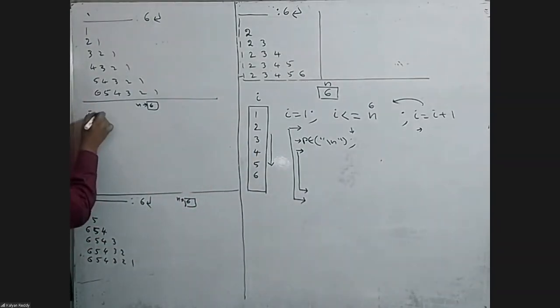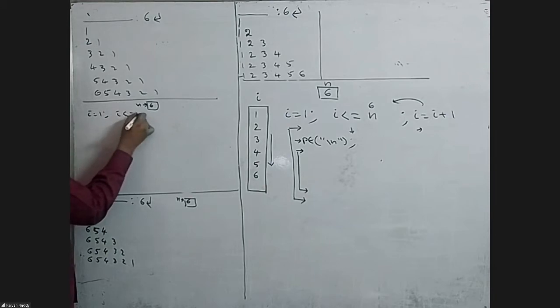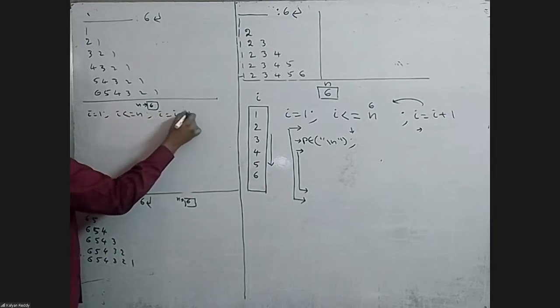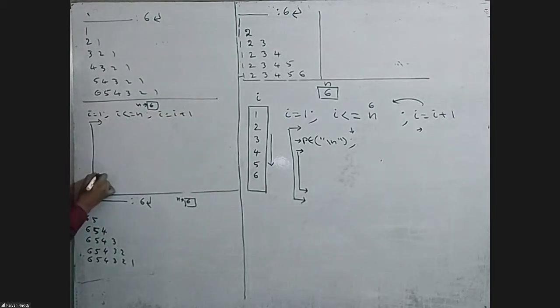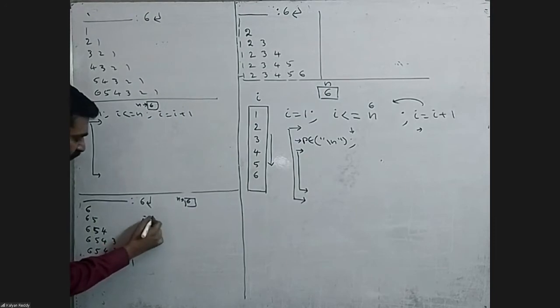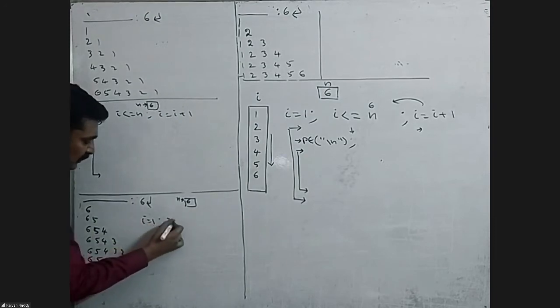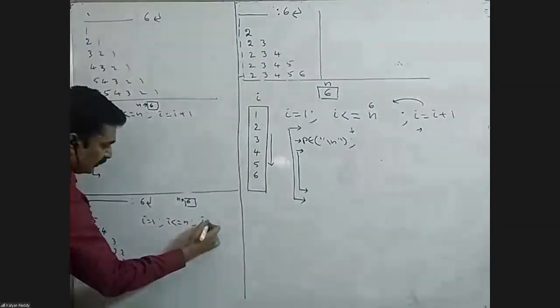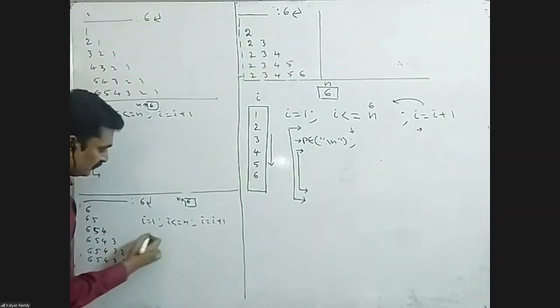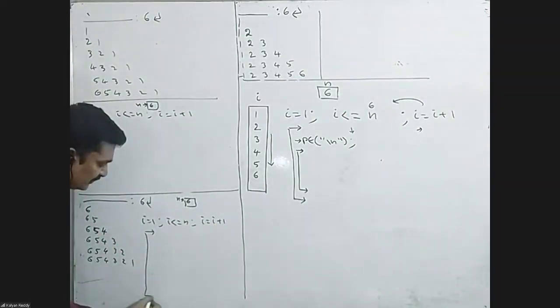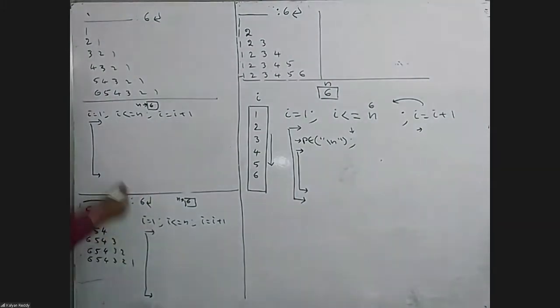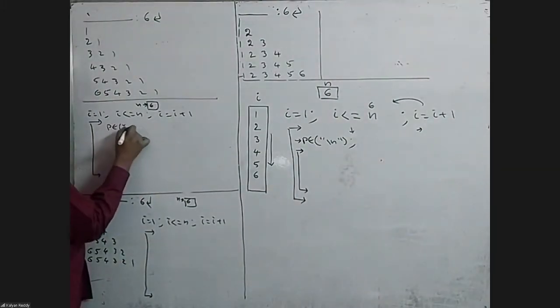So i equals 1, i less than or equal to n, i equal to i plus 1. Loop body open, closed. Here also i equal to 1, i less than or equal to n, i equal to i plus 1. Same design. printf slash n,